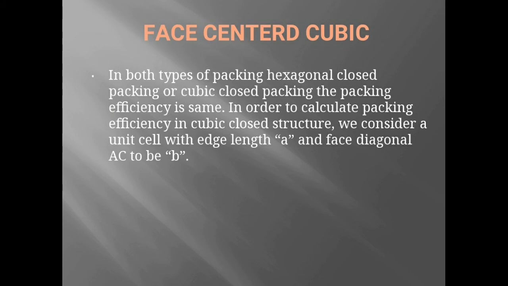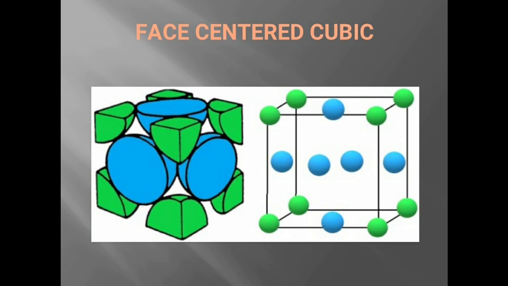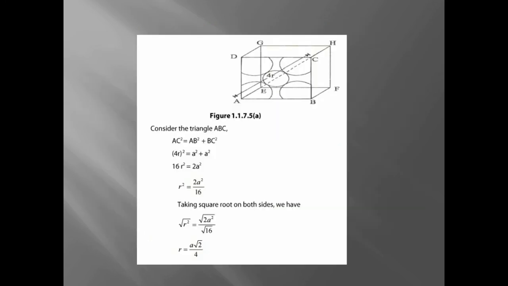So once again, I have given the calculation to make you more clear about this. So volume of the cube is 4r divided by root 3, the whole cube, and then volume of two atoms, that's why it is 2 into 4 by 3 pi r cube. If it is packing efficiency, then volume occupied by two spheres in a unit cell divided by total volume of the unit cell into 100. So if you substitute all these things, you can find the answer as 68%. So root 3, the value is 1.732. That's what is substituted here. Okay.